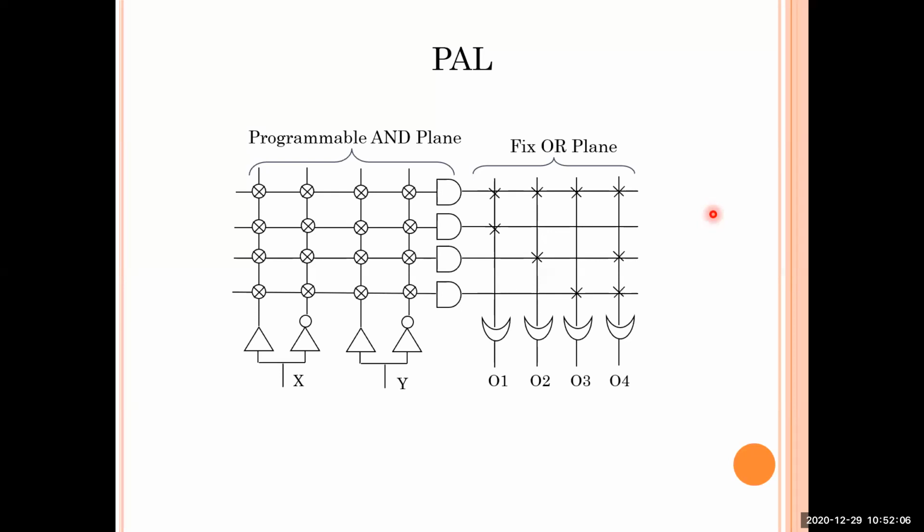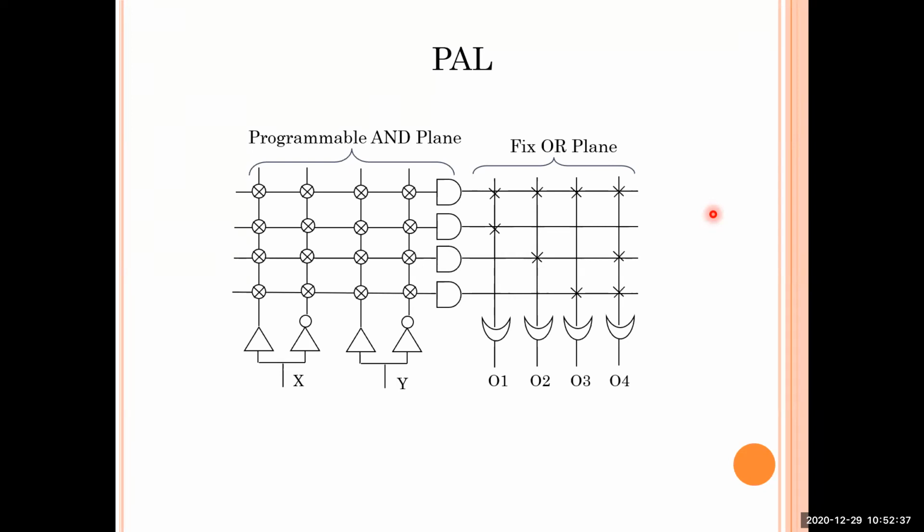Most importantly, whenever it comes to multiplexers or latches, it means you are trying to use the clocks. Clocked elements, typically flip-flops, are included in this PAL. Flip-flops with the clock signal are mainly used to store the value which is produced from the OR gate. Whichever value comes from the OR gate, flip-flops with the help of clocked inputs are used to store that particular value.